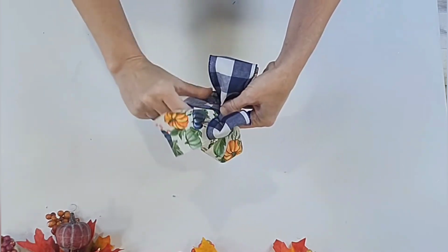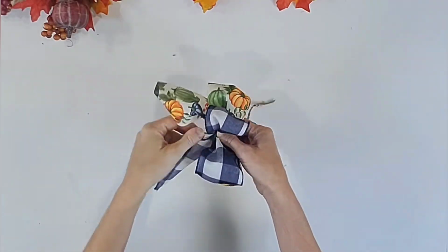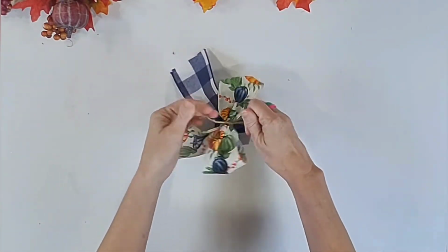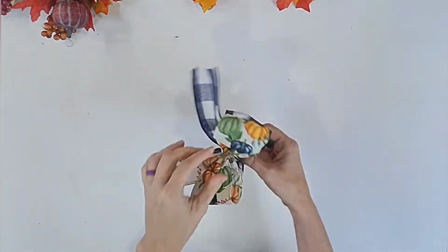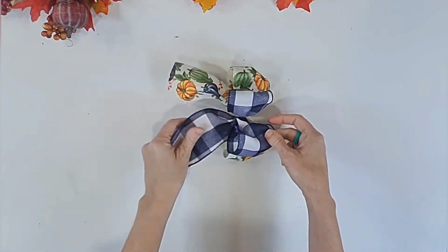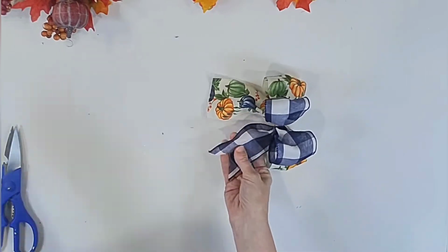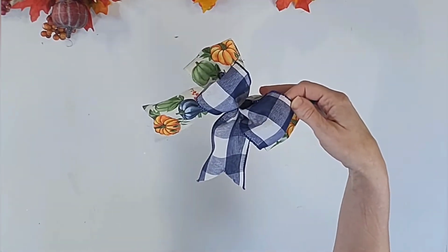I'm going to pinch them in the middle and twine them together. You can use twine, a pipe cleaner, a zip tie, just any way to get that nice and tight. You want it as tight as possible because the tighter that you tie your bow in the middle, the more you can fluff it out, and the more you fluff it out, the better that it looks. So then I just fold my tails over and just dovetail that triangle upward, and you have an adorable little